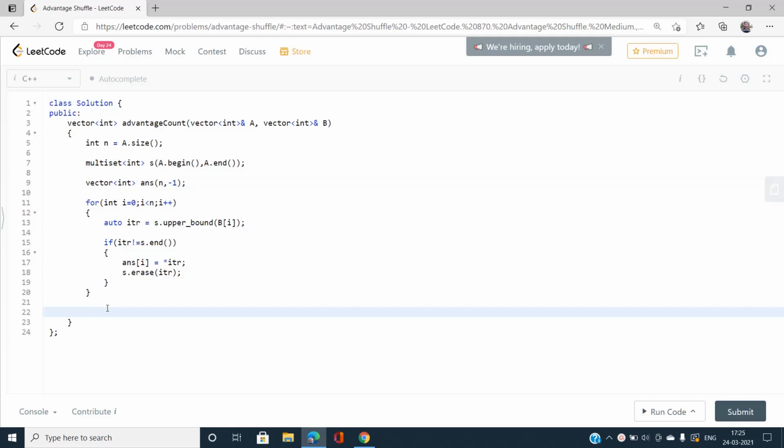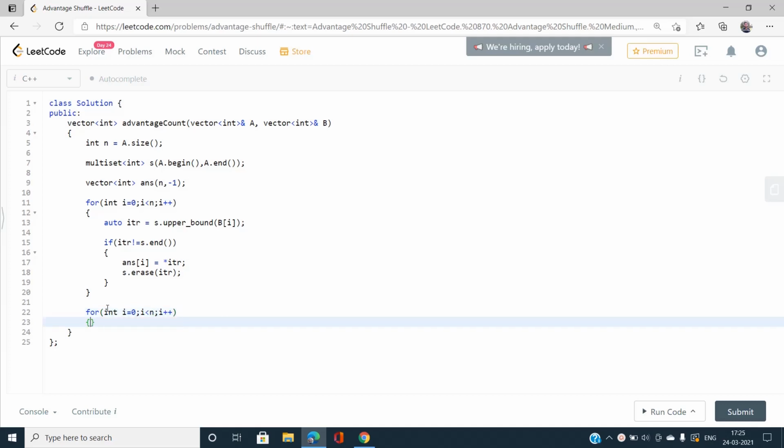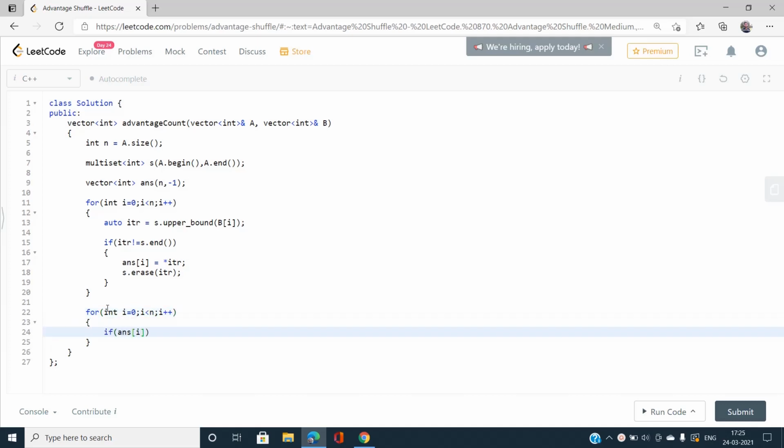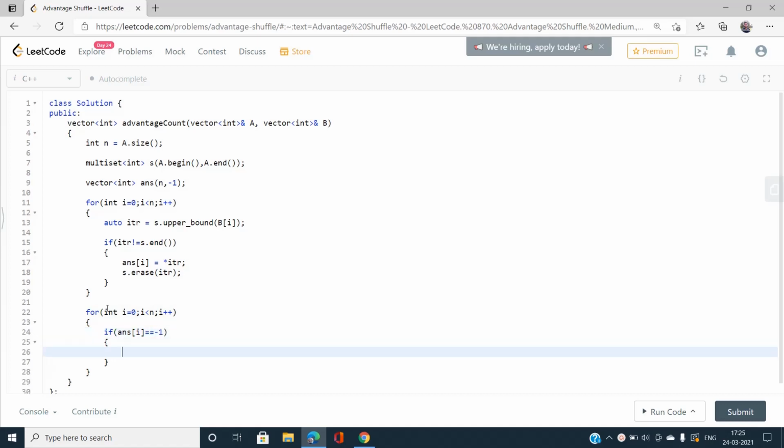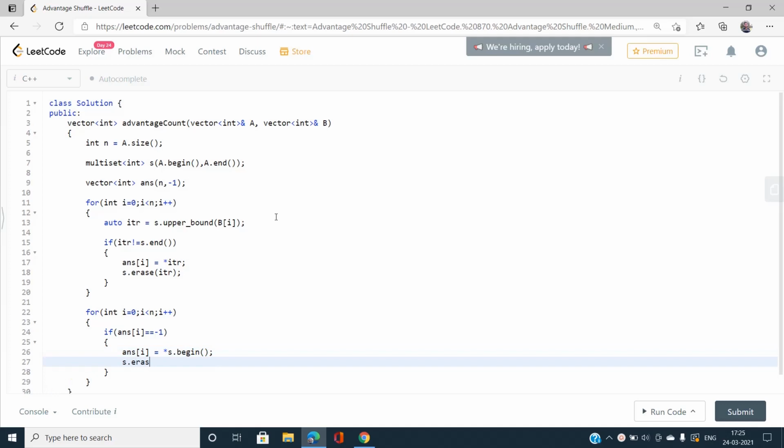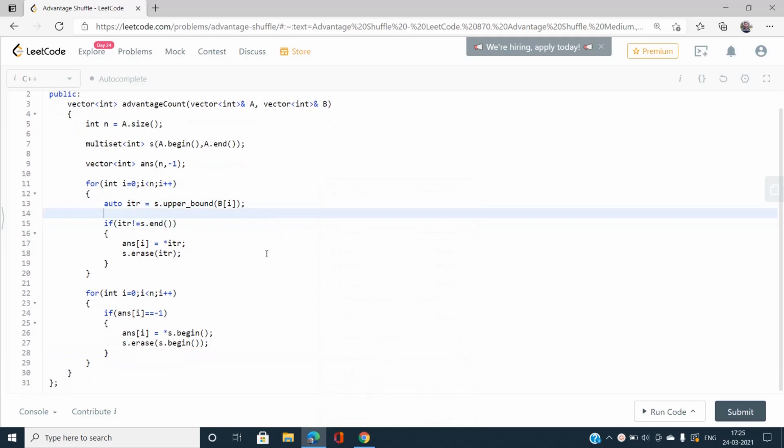So I'm going to fill it randomly: let's iterate over the answer vector, and if answer[i] is -1, fill it with, say, answer[i] = *s.begin() and s.erase(s.begin()). I'm doing it randomly. You can pick any element and put it at answer[i], because it doesn't give an advantage, that is, A[i] cannot be greater than B[i] now. So just put any element because this is not going to benefit us.